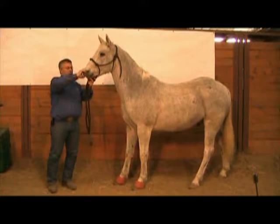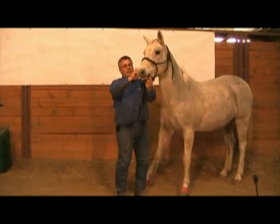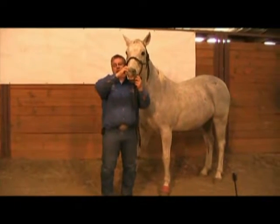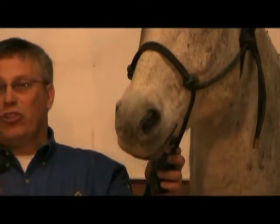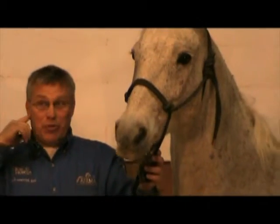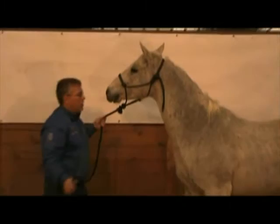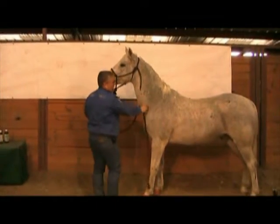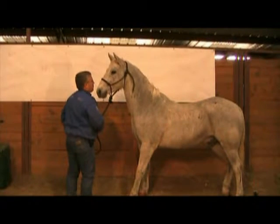If we look at his teeth real close, we notice that he has an overbite. Plus his bottom jaw is offset. That means he's not able to chew right. Remember, his proprioception is incorrect. So he's got pain here, he's got pain here. He's got some problems in his neck, because if we ask him to move like he's supposed to,